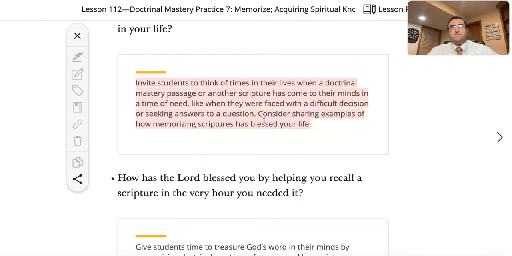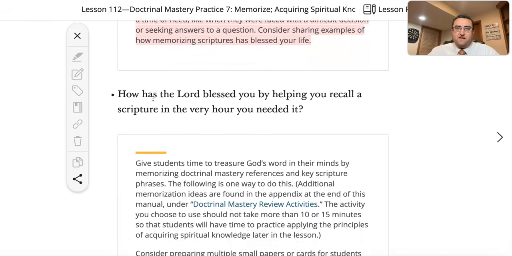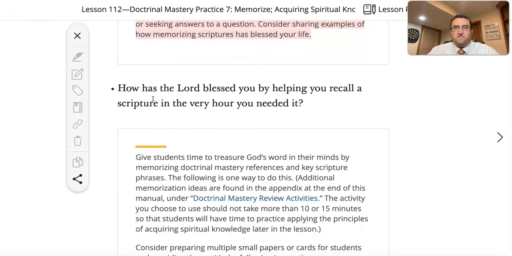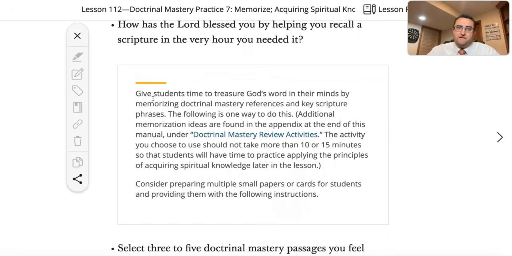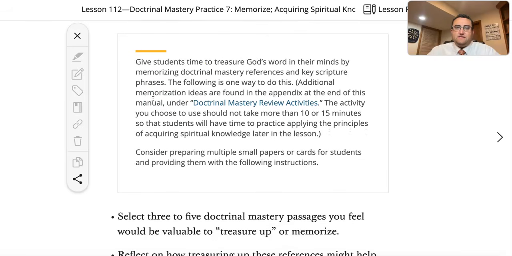So I would invite this to make that go quicker. You might, for preparation before this class comes, invite them to do this before time. Invite students to think of times in their lives when a doctrinal mastery passage or another scripture has come to their minds in a time of need. I would make that a preparation so they come kind of primed and ready, a few of them, to share some things. But again, after you have that experience and kind of get the fire lit of how important it is to work on scriptures and memorize them and really make them your best friend, then it says this: